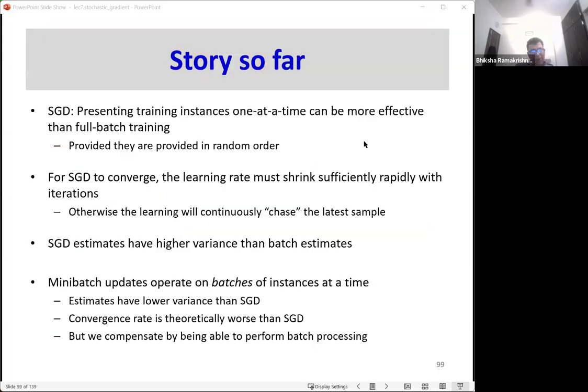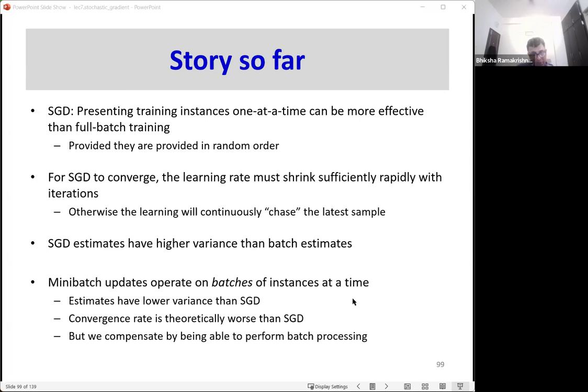And so the story so far, in the case of SGD, you're presenting training instances one at a time. This can be more effective than full batch training, provided they are presented in random order. For SGD to converge, the learning rate must shrink sufficiently rapidly with iterations. Otherwise, the learning will continuously chase the latest samples. SGD estimates can have higher variance than batch estimates, but mini batch updates operate on batches of instances at a time. Estimates have lower variance than SGD, and so convergence rate is theoretically worse than